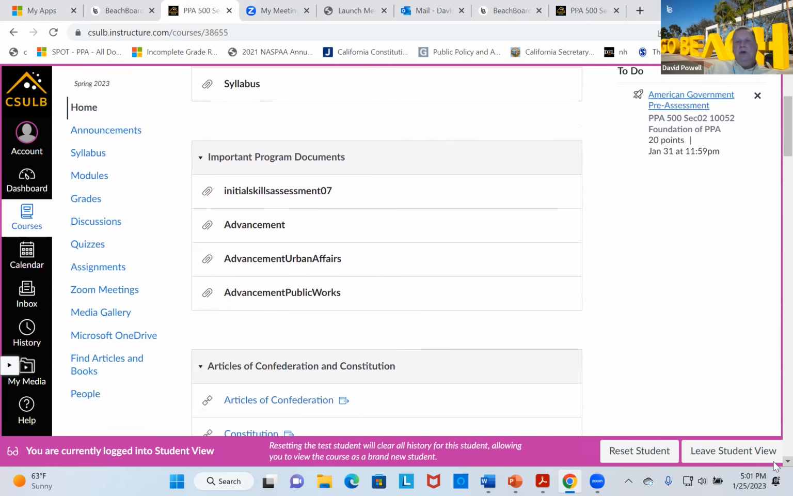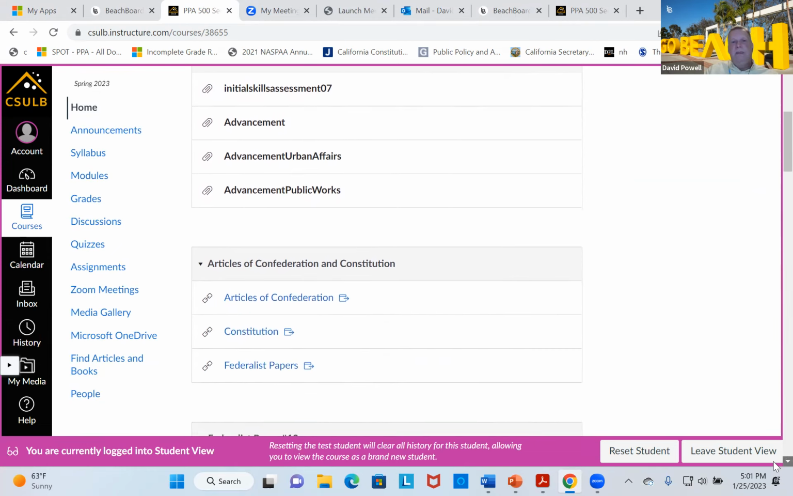Then I set up a section called Important Program Documents for the initial skills self-assessment. When you do the initial skills self-assessment, you can just download that form, fill it out, and then submit it to the Dropbox. I have the advancement form there for your draft advancement to candidacy. And I also have the draft advancement to candidacy form if you're in the option in urban affairs or the option of public works. But again, the vast majority of people are in the general MPA, so you'll use that advancement link for your